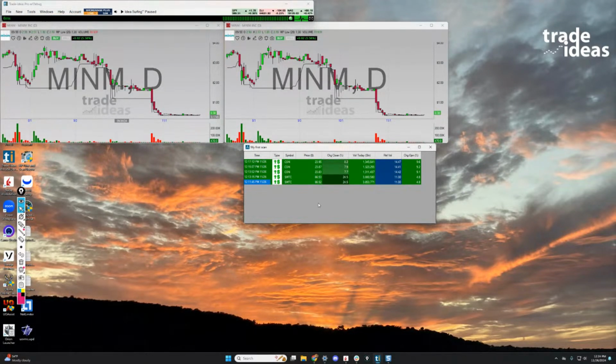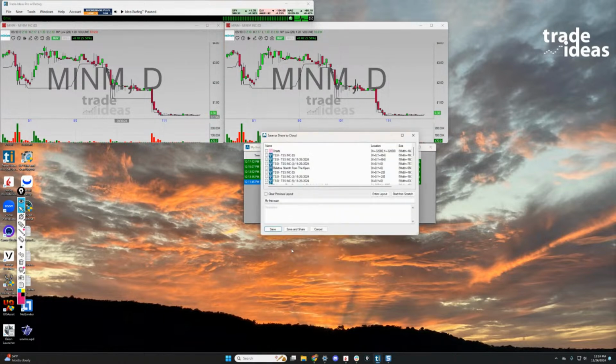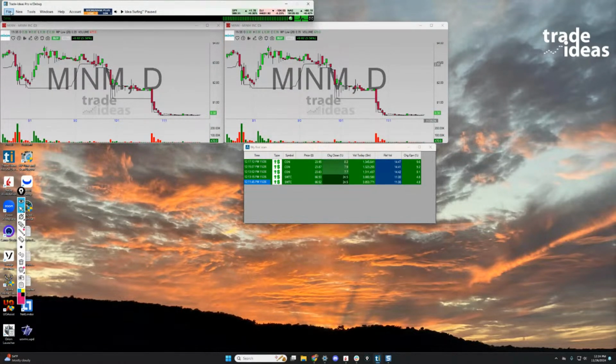In order to save to the cloud, we right click, save or share to cloud. And if I save this, we just went over it before, but I want to do it again. Now it lives up in this cloud. And so if you get a new computer, you're at your dog walker's house and you're going to trade some stocks from the dog walker's house or some craziness like that, whatever it is,